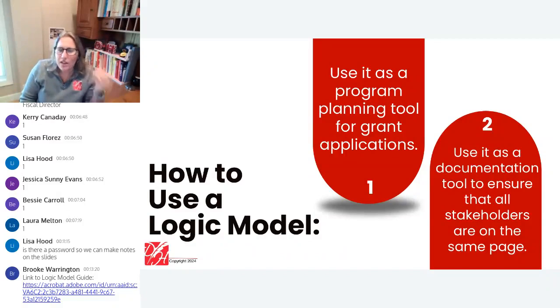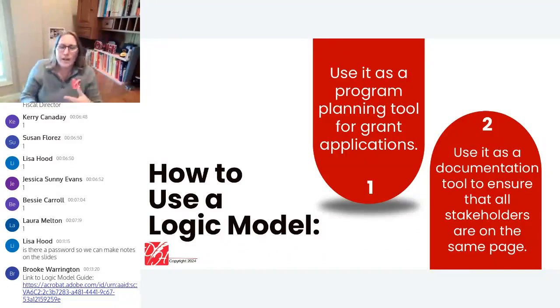If we have a logic model in hand, I find that makes writing our grant application much faster. I won't say easy, that's not a word that goes with grants, but it will make it go faster. We'll have fewer questions for our awesome colleagues because this is an agreed upon program design that we can write from. We can also use it as a way to ensure that all of our program staff